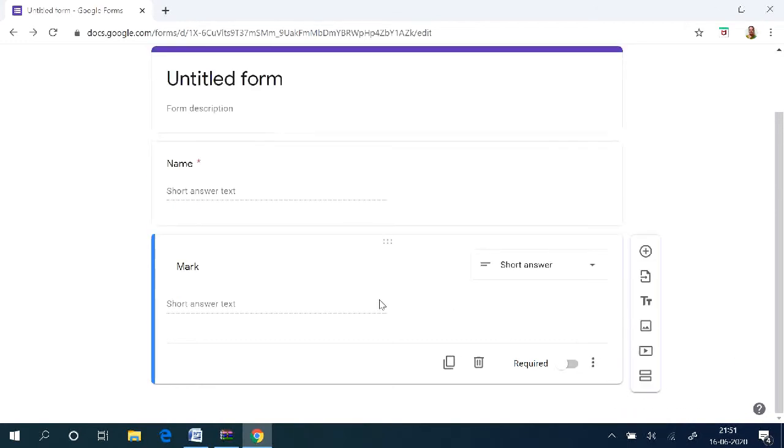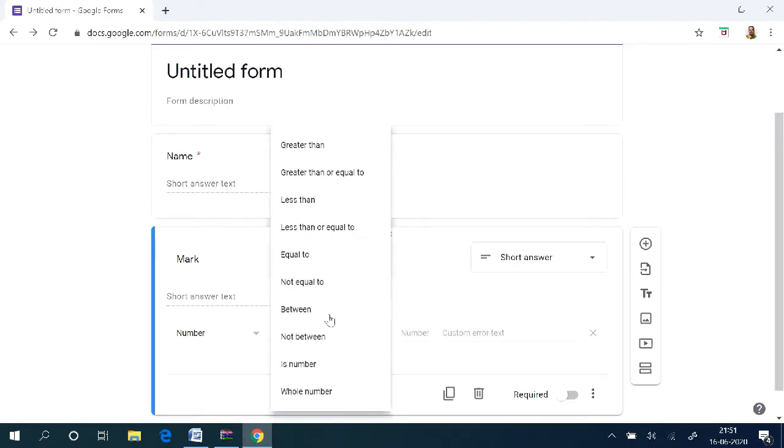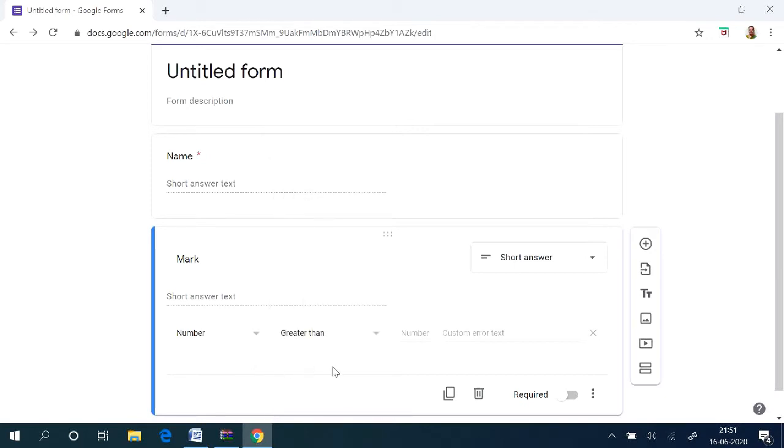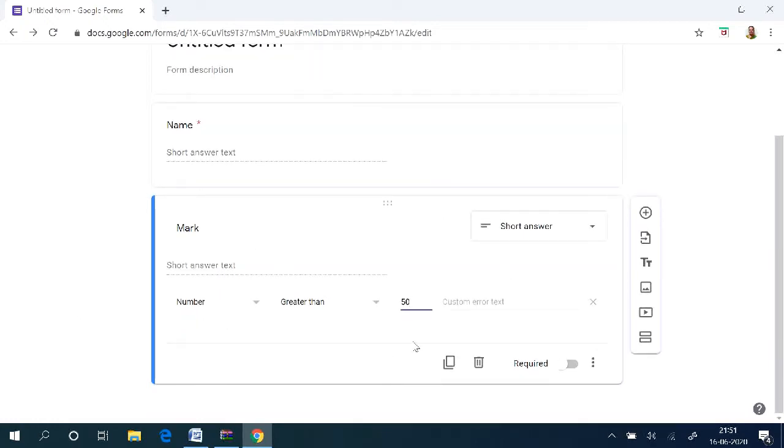How do I do it? Just click on response validation. Mark is a number. You can choose greater than; other options are also available: greater than, less than, equal to, not equal to, between, and so on. As per your requirement you can choose it. Now I am choosing greater than, and the number is 50. So only if they have secured more than 50 can they respond. That is the validation for this response.